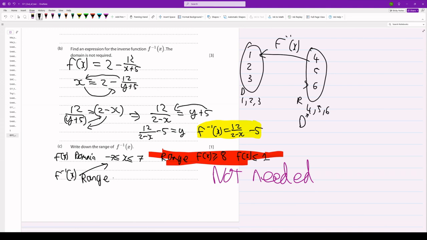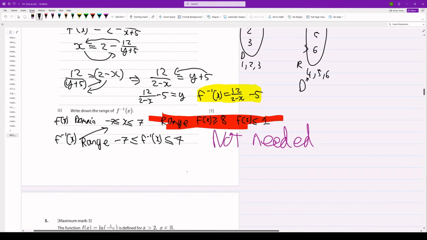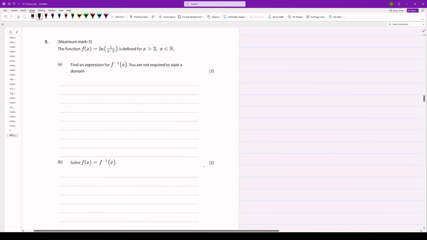So the range of the inverse of x is between negative 7 and positive 7. Done! Super. That shouldn't be an x in between there. That should be an f minus 1 of x. 7. Right, next up. Sorry if I'm going too quickly, but the best thing about this is you can rewind it and watch it again,